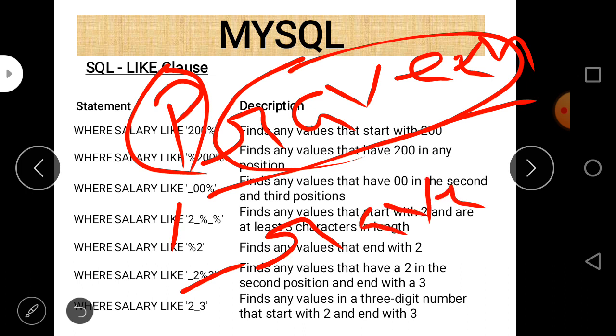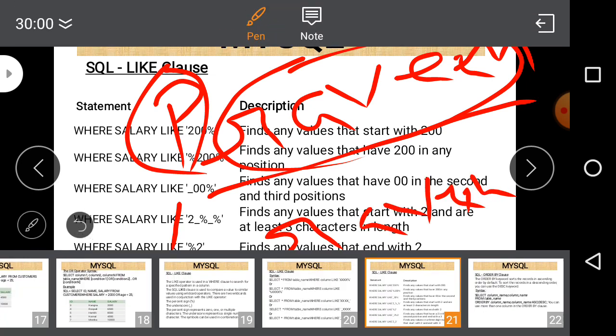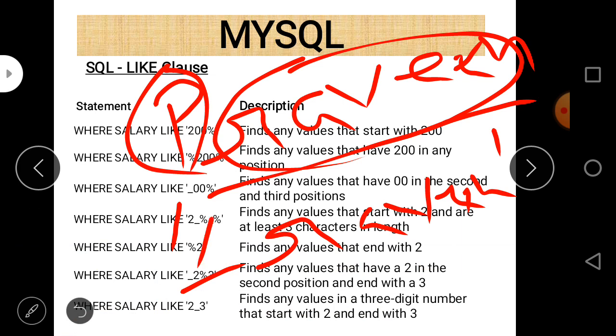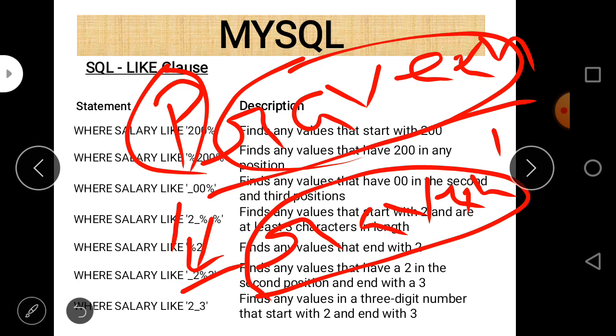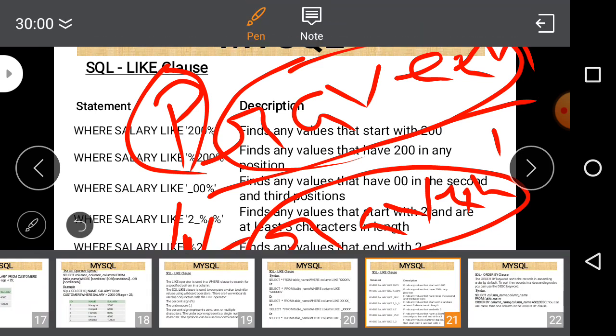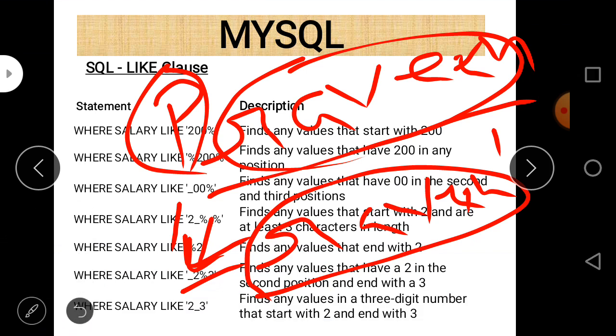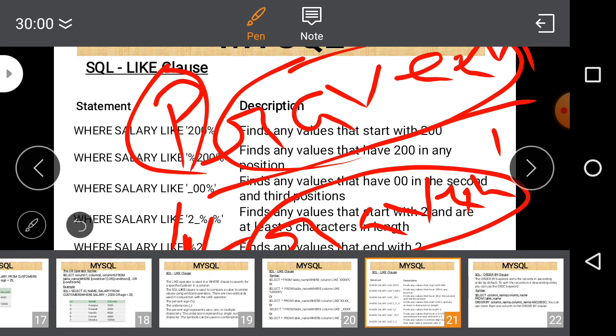Then what happens? It means there is a character in place of the underscore, and it may be A, B, C, D, or P, and this is the fixed content. This cannot be changed, but there should be at least a single character here. So it will return all the strings that start with any character and whose remaining characters are RAVEEN.